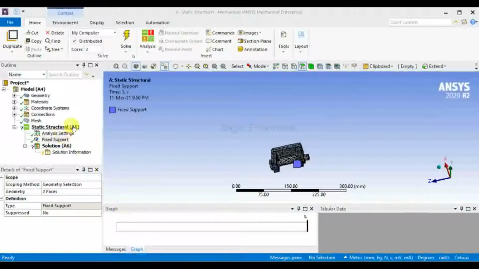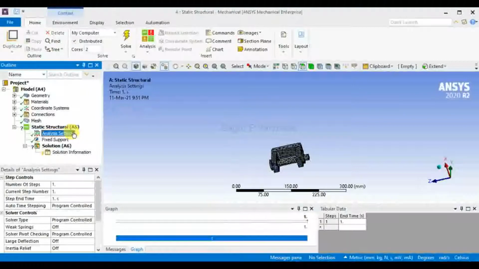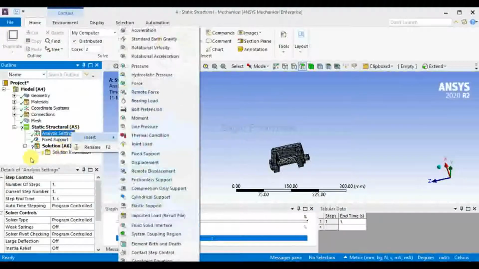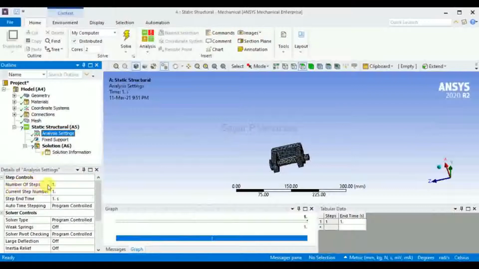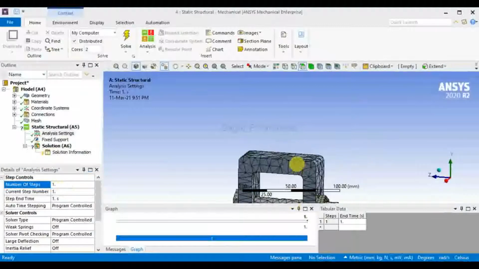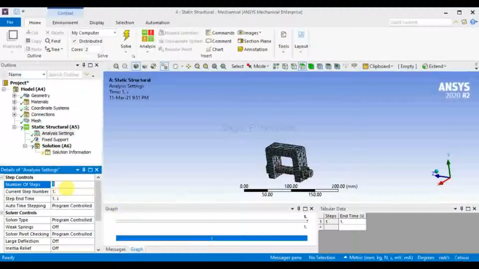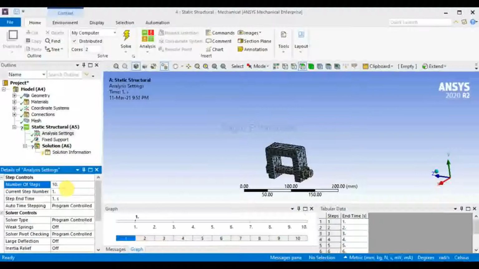Now to perform the bolt pretension, go to analysis settings and provide the number of steps. So how many steps we are going to provide to perform our analysis for the following results. I am giving 10 steps and pressing enter.